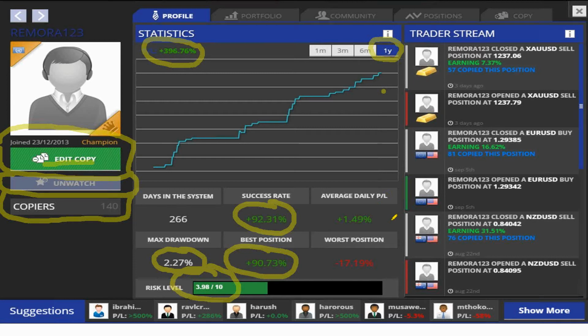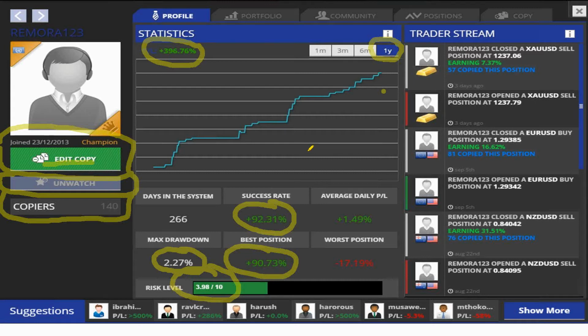You know, it's not something you can take your eye off. You have to watch the performance. You should be treating the traders you're copying as an investment, as an instrument. Maybe Remora 123 is going to be my gold, and I want to keep an eye on him. If he starts to trade badly or more risky, then I'm going to stop copying him. I'm going to take my money off him,